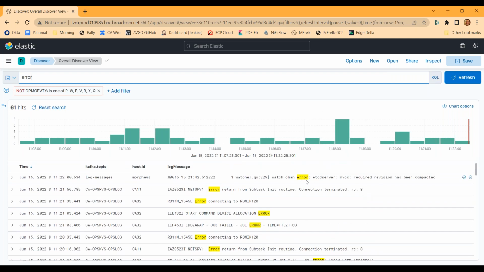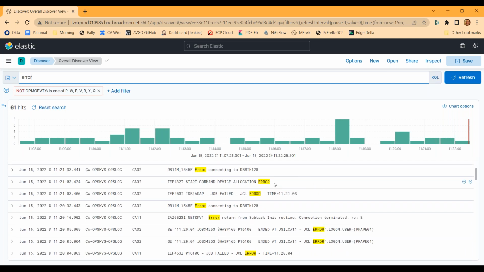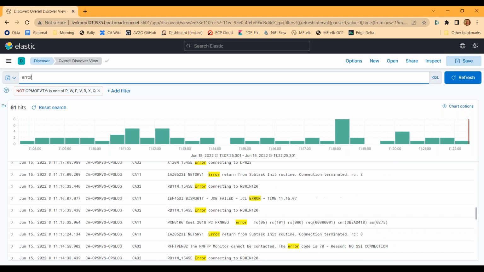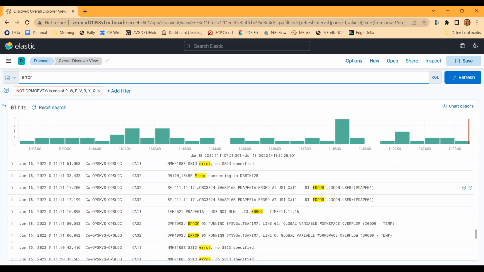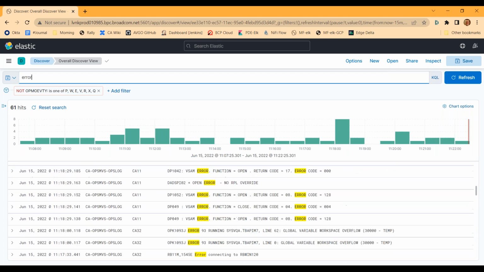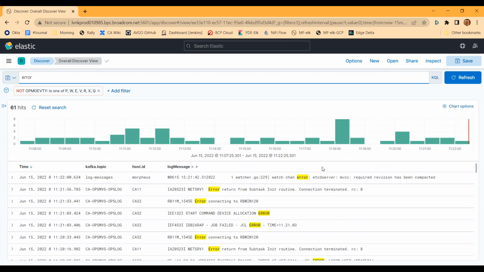I don't know what this error is, but it looks like it came from one of our Kubernetes services running on Kubernetes. I've got some messages that contain the text error coming out of CA32 and CA11, those LPARs. But the point is that it reduces my solution set from a really large number to a smaller number.